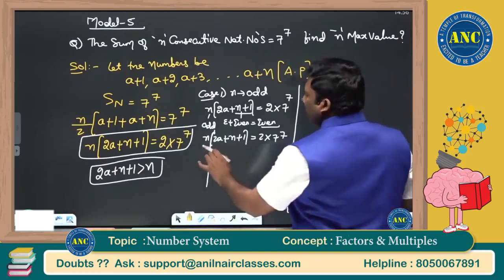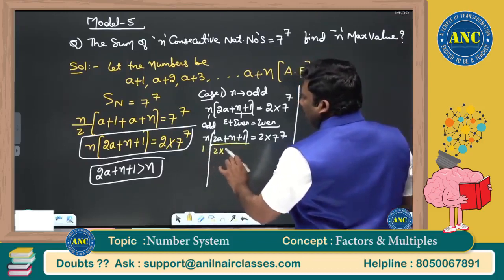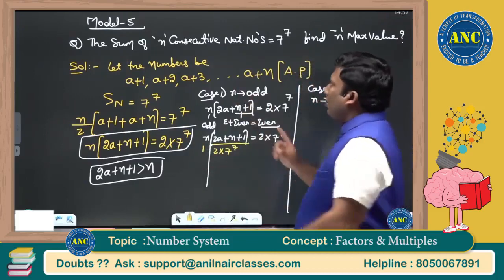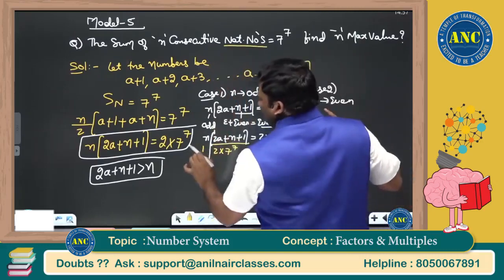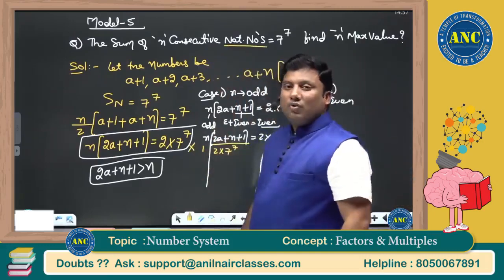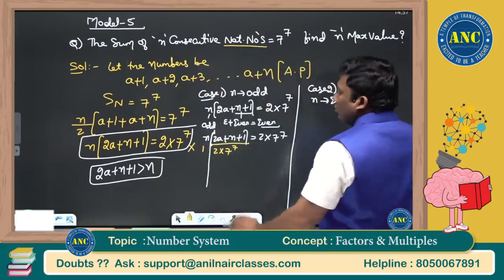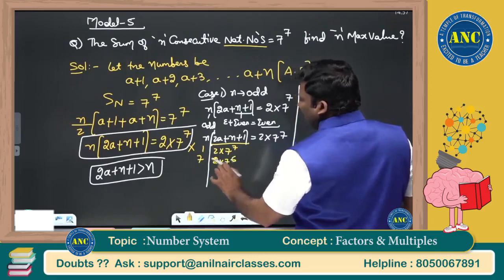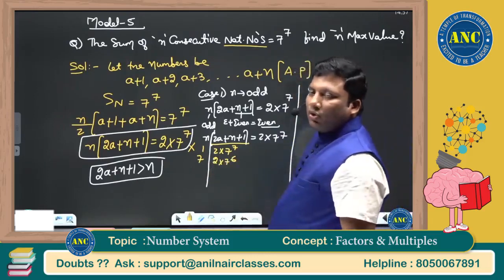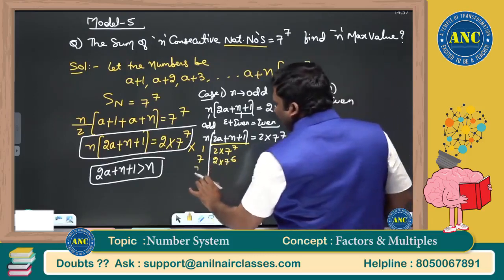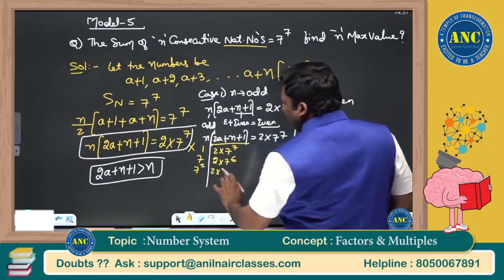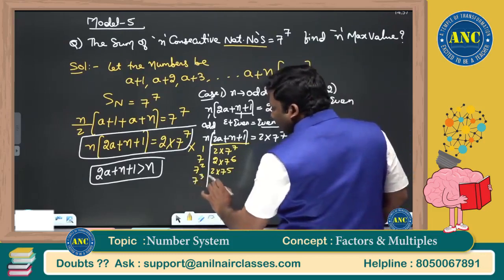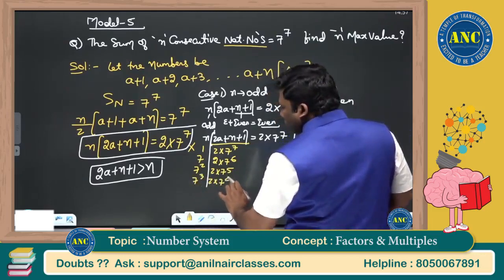From 2 into 7 power 7, if n is 1, it is 1 into 2 into 7 power 7. The question is about natural numbers, and n value 1 alone is not possible. n should be an odd number. If it is 7, the multiplication will become 2 into 7 power 6. If it is 7 square, it will become 2 into 7 power 5. If it is 7 cube, this will become 2 into 7 power 4.